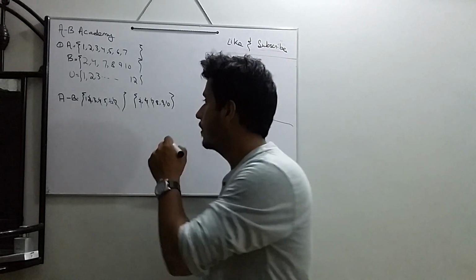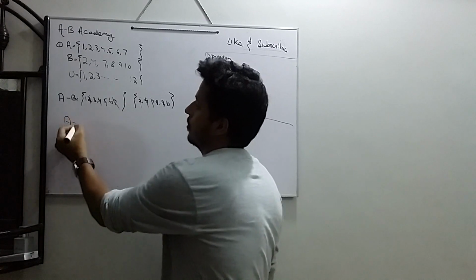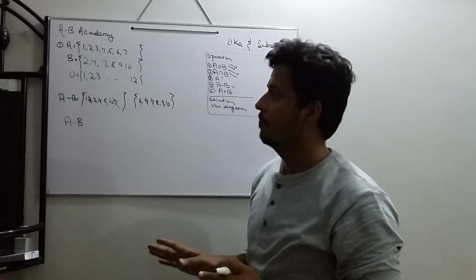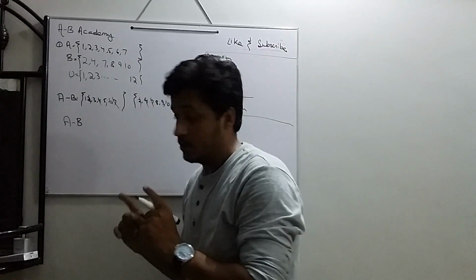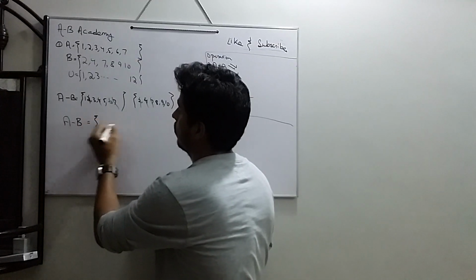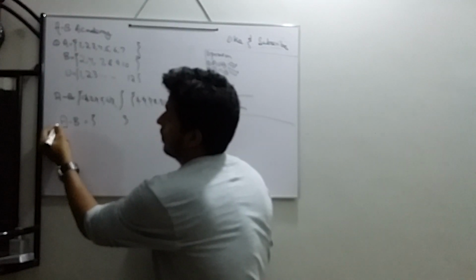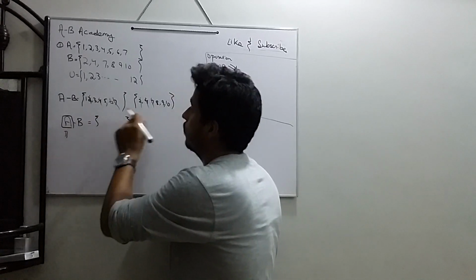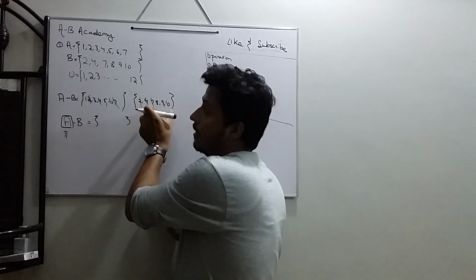But now what you have to do after taking out the common from both of them, and this is the important part, you just have to write down the remaining of the first set. Okay, if there is B, then you will write this set. If there is B minus A, you will write the remaining of this set.